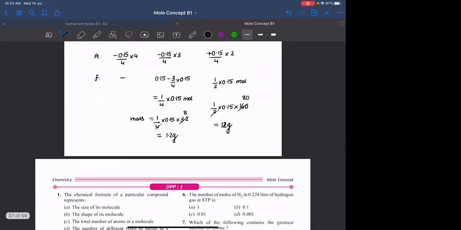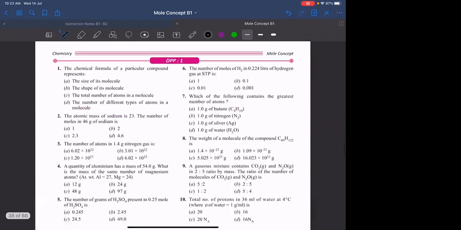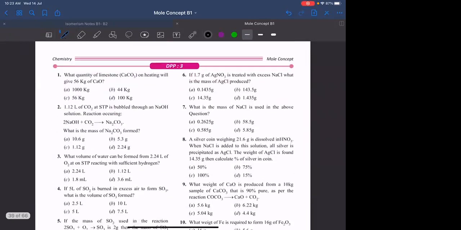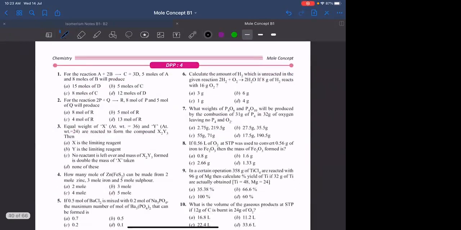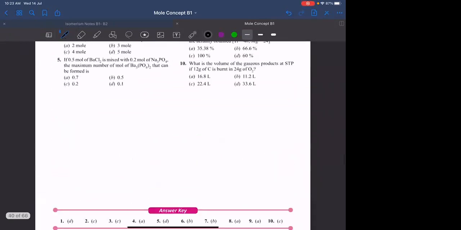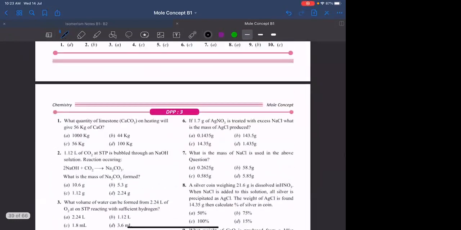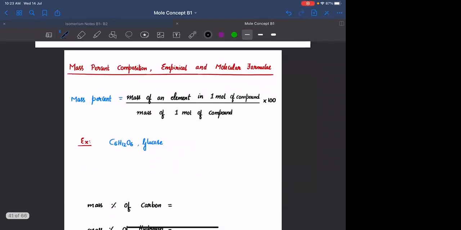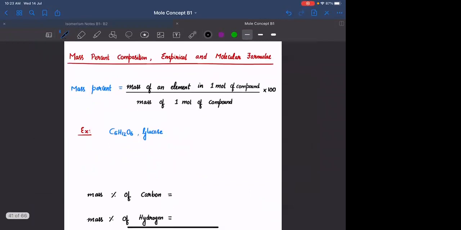Yes. यहाँ पे आपको कुछ questions दिया है. You can solve them as homework. All these questions you can solve them as homework. I'll go to the next section. Before going into the next section, ठीक है, यहाँ पे यही start करते हैं. In the next lecture, we will start this here.